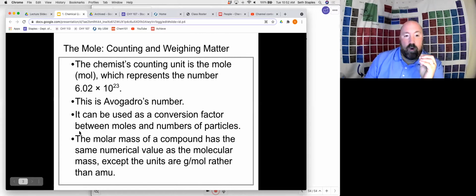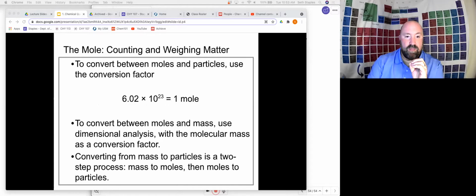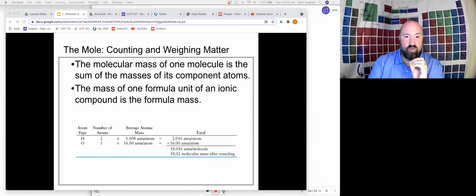The other way that we're going to use moles is, remember when I talked about atomic mass back a couple videos ago, we used units that were kind of meaningless for us, but they were units of AMUs, just a sort of generic atomic mass unit. Now, instead, what we're going to use are units of grams per mole, because that's really what atomic mass is. The atomic mass of an element tells us how many grams are in 1 mole of that element. Very useful conversion factor for us. And so that's a very useful way for us to convert back and forth between grams and moles of atoms